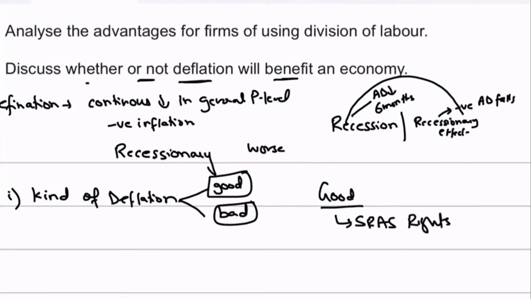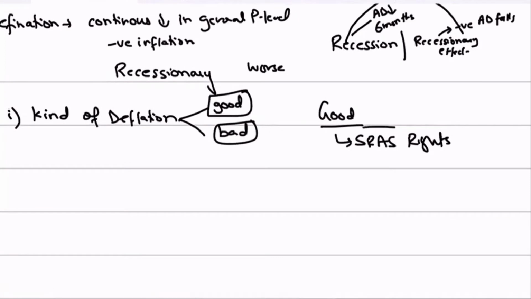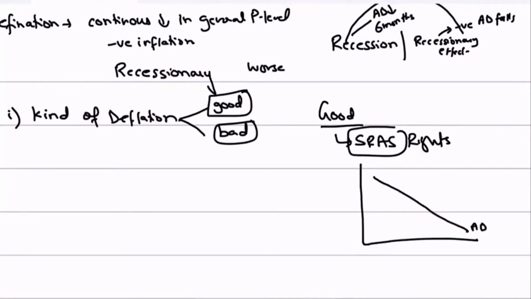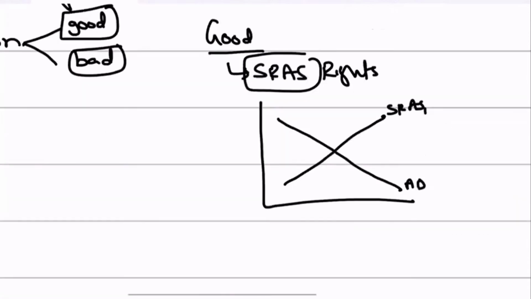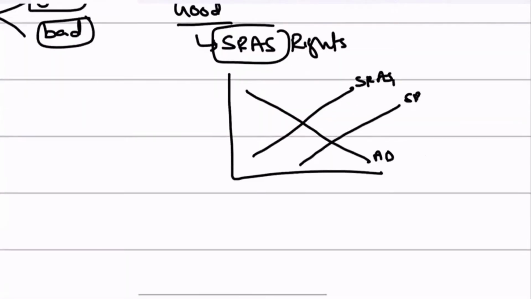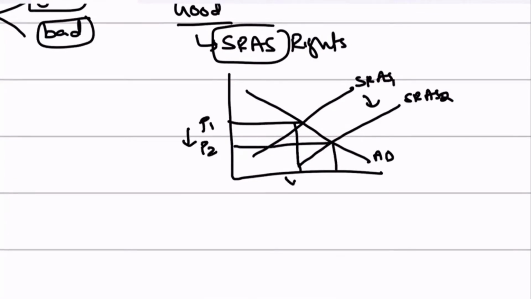So basically, you'll then give the factors that can cause your short-run aggregate supply to shift to the right. It's not necessary that you give all the factors in detail, but just 2-3 factors that will cause good deflation. But remember that since it's short-run aggregate supply shifting to the right, so we know that it shifts to the